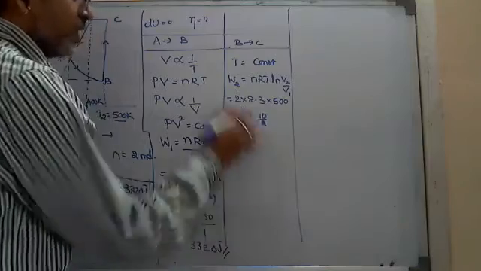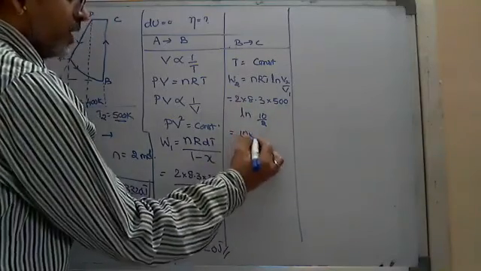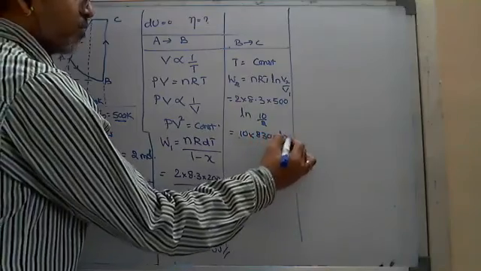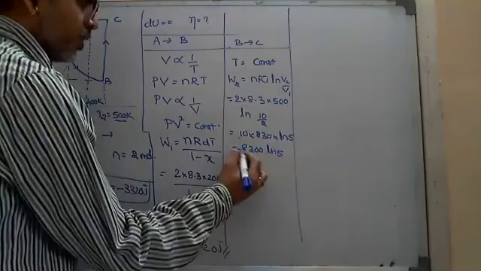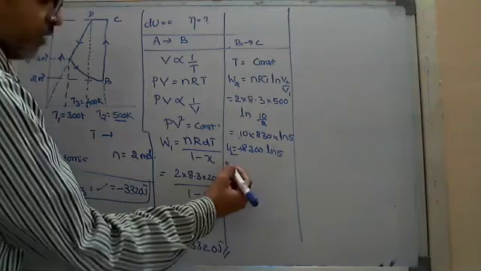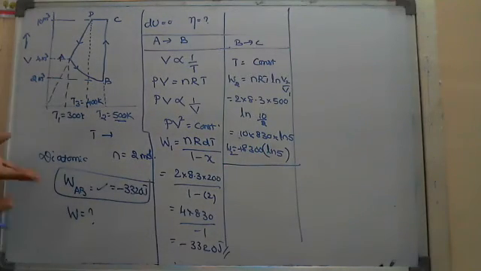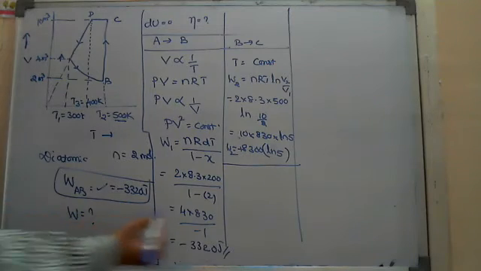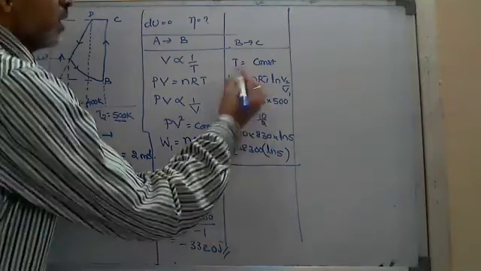So here I am getting 2 into 5, 10, 10 into 8, 8300 into log 5, and which is positive. W2 is positive because directly you can say volume is increased. Obviously, when you come to numericals, they will give the value of log 5 in brackets, and we substitute that and calculate W2. And W3 will be easy now. I think even you can see W3. This is from where to where? C to D.